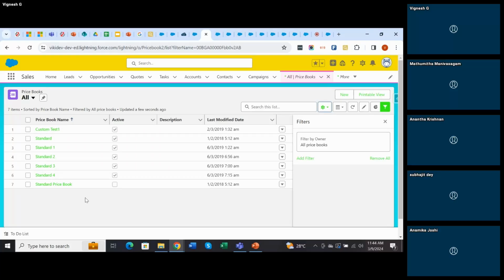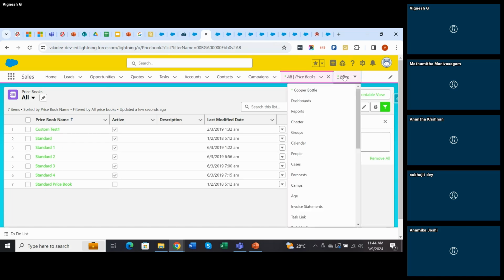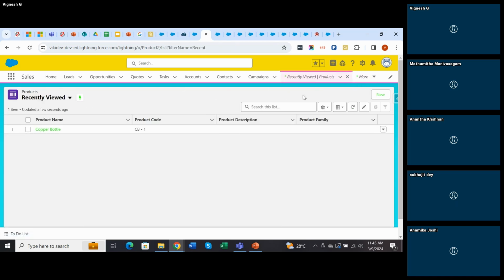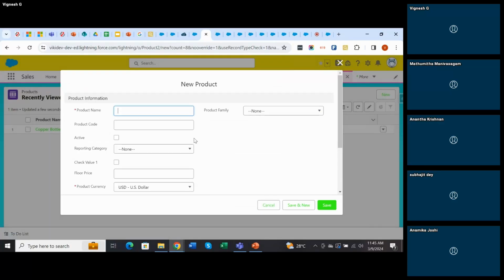Delhi price book. You can simply do it. Multiple price books: based on the location, if the amount is going to differ, then you need a price book for that. And whenever you create a product, let me go to the products. Okay, if you're creating a new product,